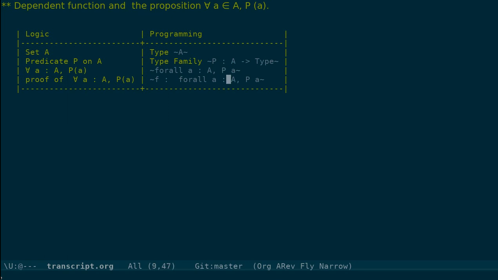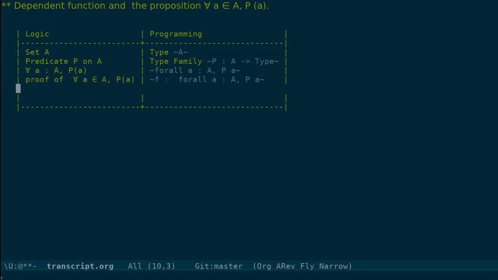Now suppose I want to prove to you a claim that for all a the predicate P of a is true. Suppose I want to prove that claim. What do I do? I produce for you a dependent function of this type, for all a, P of a. Why is this a proof? Imagine what it does. You give me any a in the type A. F of a would be of type what? P of a, which means F of a is a proof of